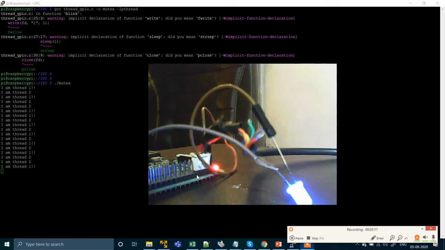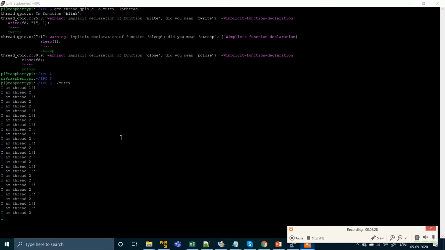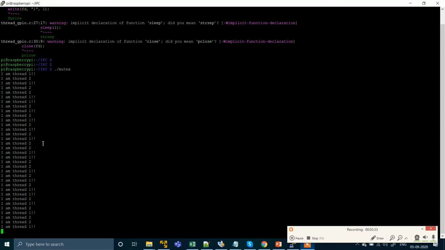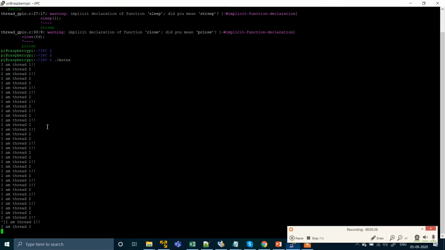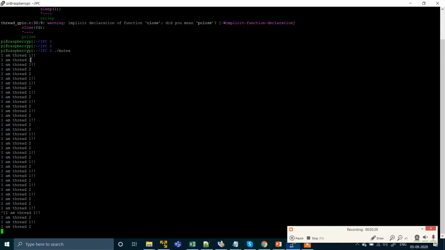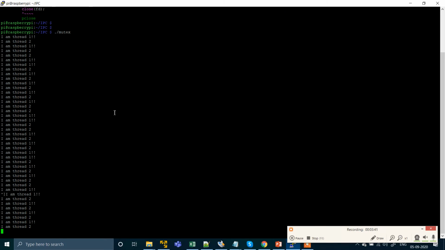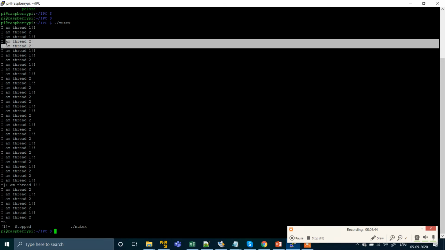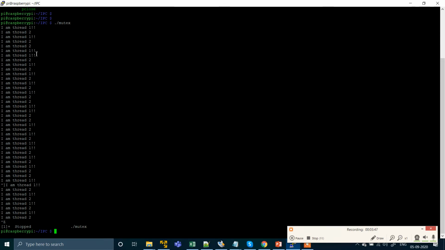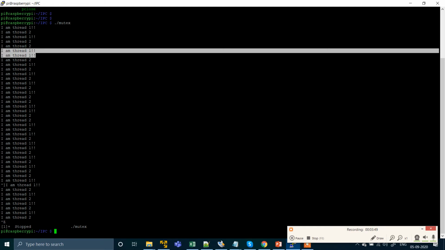The LED is blinking, so you will not see any impact on the LED, but you can see sometimes it's called by thread 2, sometimes from thread 1. So this is not in synchronization. Here you can see thread 1 has called, then thread 2 has called, then two times thread 2 called the blink function, then again two times called by thread 1. So you can see this is not in synchronization.